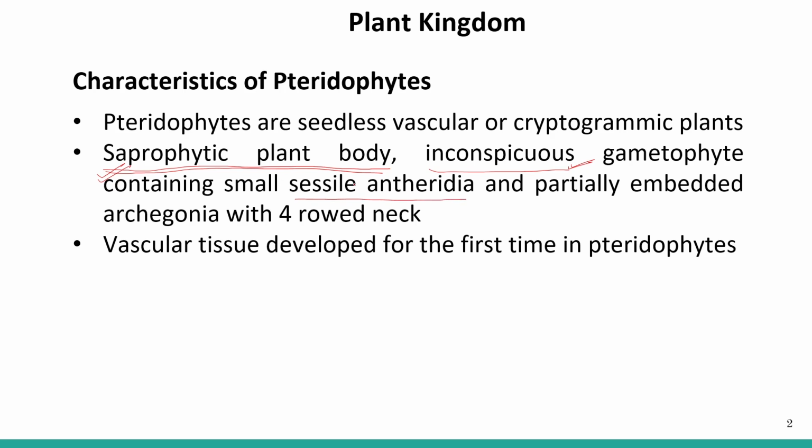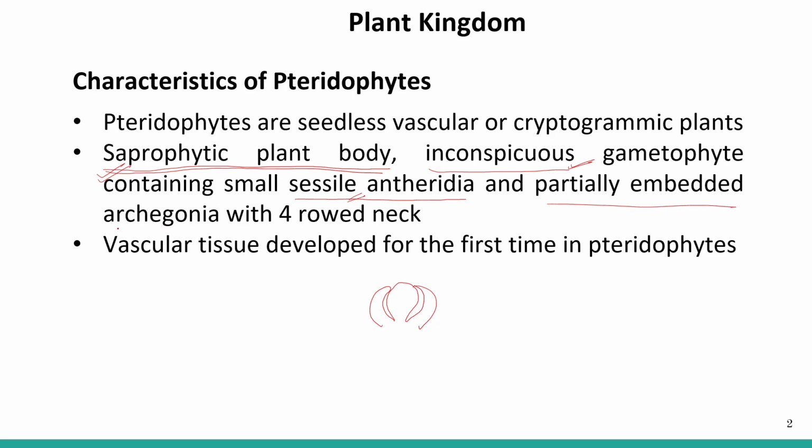Sessile antheridia means no stalk-like structure is present. Okay. So no stalk-like structure. The antheridial structure is like this. Like this. So no stalk-like structure, and it is partly embedded in the